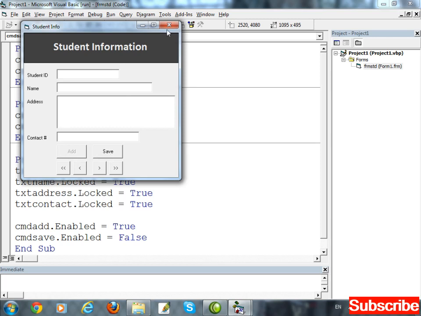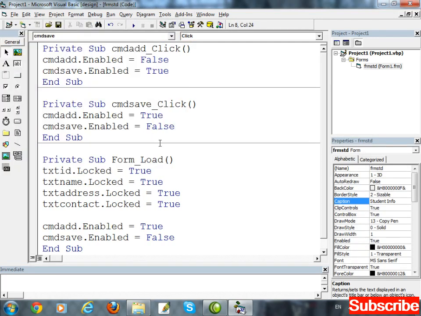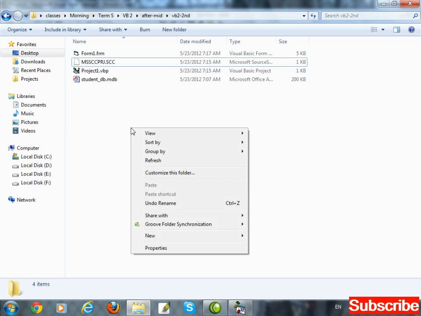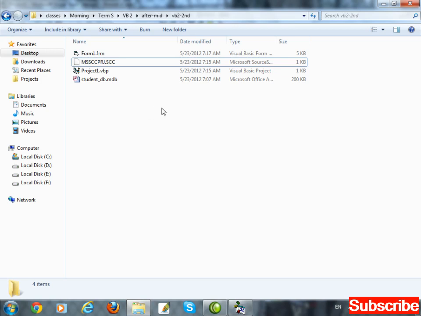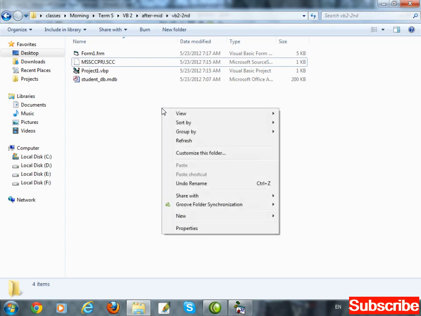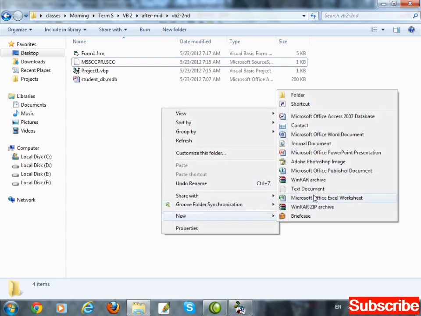Clear? Okay. Now how to create connection? Here inside this folder, right click. Just right click here, from new select text document.